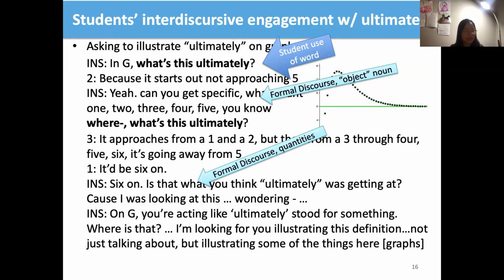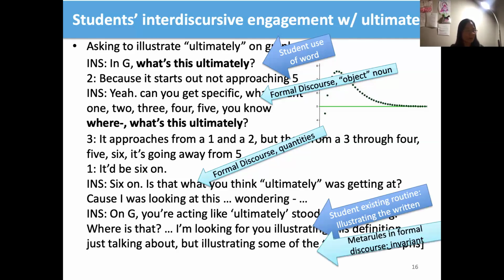"On G, you are acting like ultimately stood for something. Where is that? I'm looking for you illustrating this definition, not just talking about it, but illustrating some of the things here on graphs." So he's actually promoting the students' existing routine of illustrating what is written. And this is also informed by meta rules in the formal discourse, which is that the definition should be invariant under